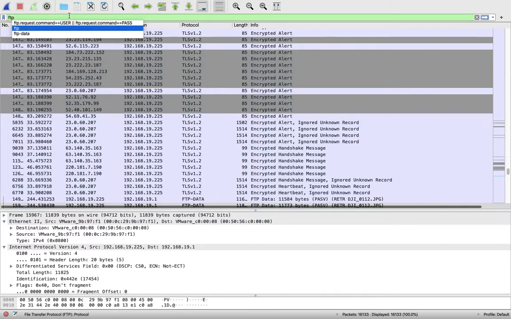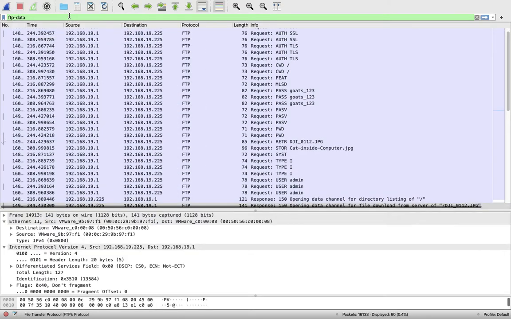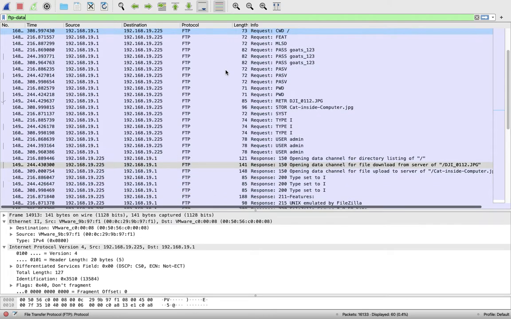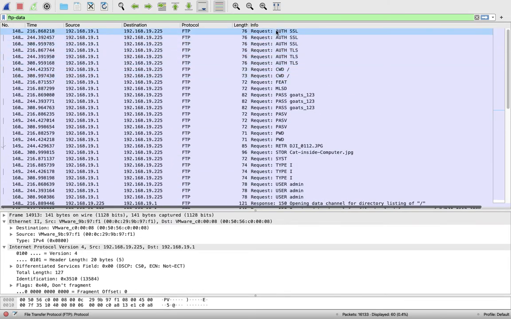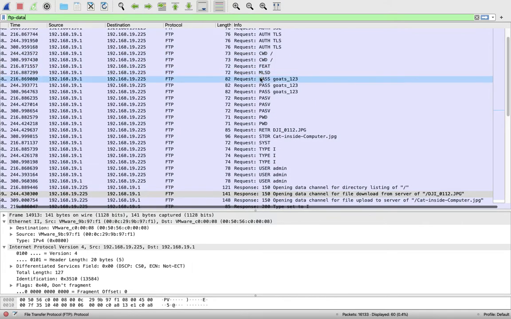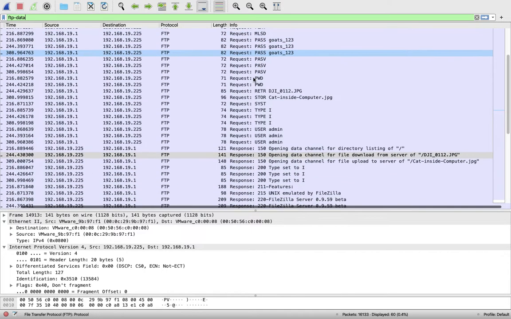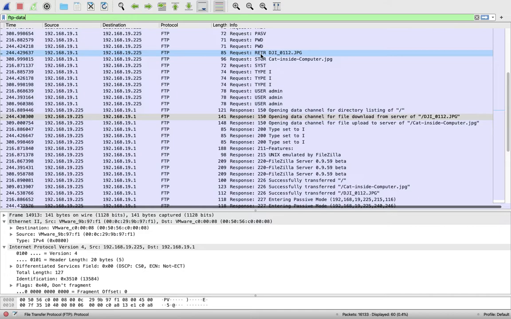FTP data. And if you look at this FTP traffic, you can see there was an SSL authentication request here. And this is where they put in their password. You also have RETR, which is retrieve, and STOR, which is store, for the cat inside computer JPEG. You see that one? The other one was DGI0112 JPEG. That was the image I just showed you. So if I wanted to see this one, the question was,